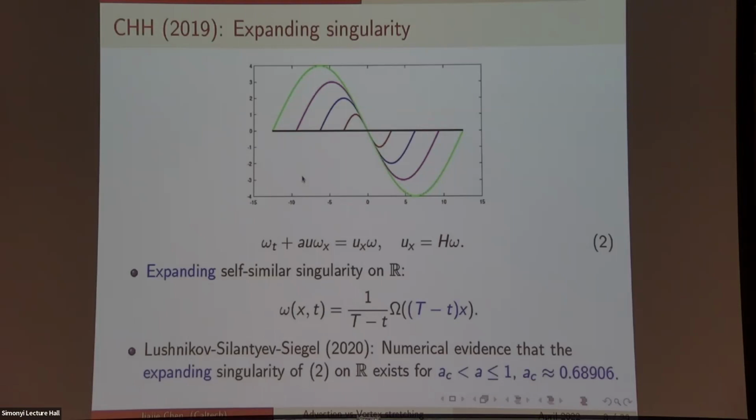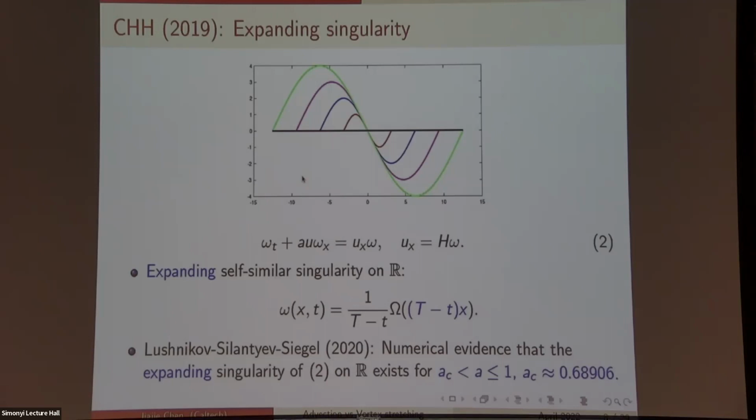Does it go past 1, for the numerical result? No, it cannot pass 1. They do some simulations for a bigger than 1, but they are not conclusive. So for a bigger than 1, it is not known what happens there. What do they show for a greater than 1? They show the solution may not blow up, but that is what they show there.